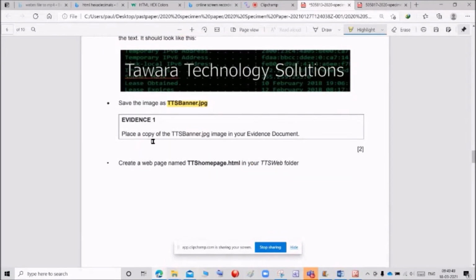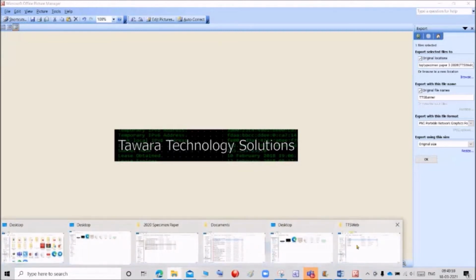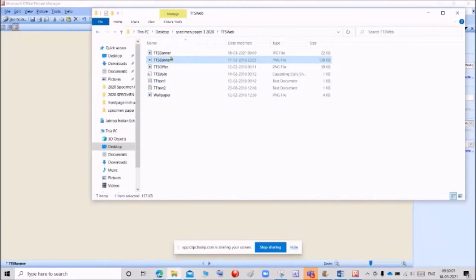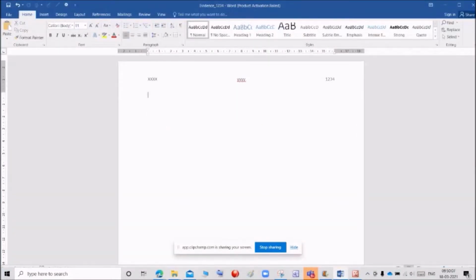After that, place a copy of the TTS banner JPG image in your evidence document. What we want to do is copy the JPG image from your work area, go to your evidence document and give the heading as Evidence 1.